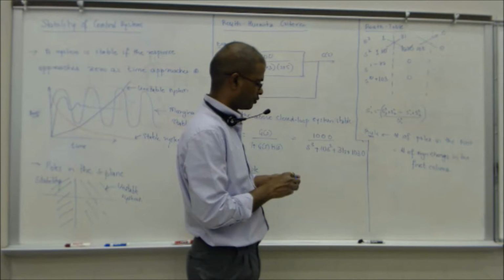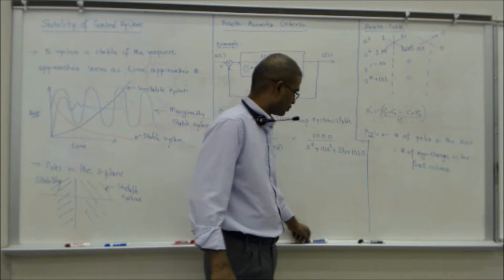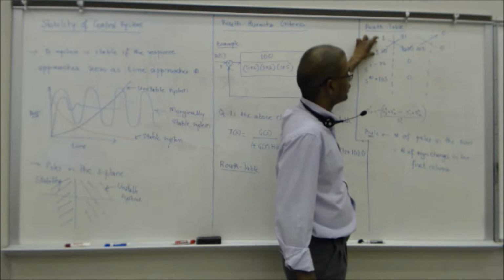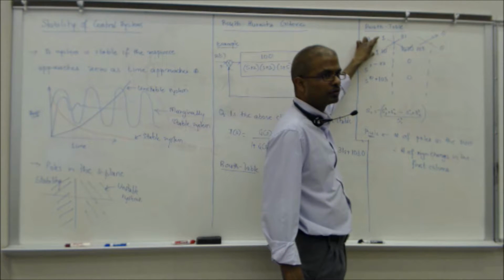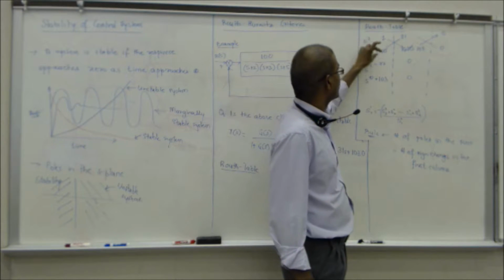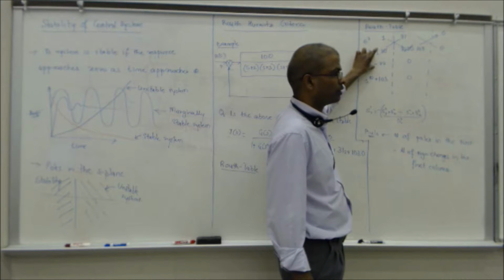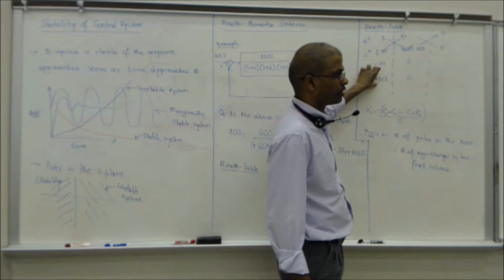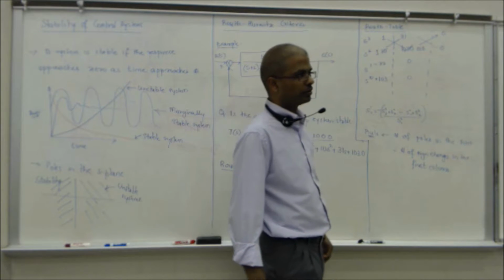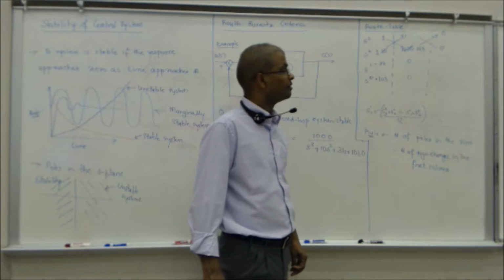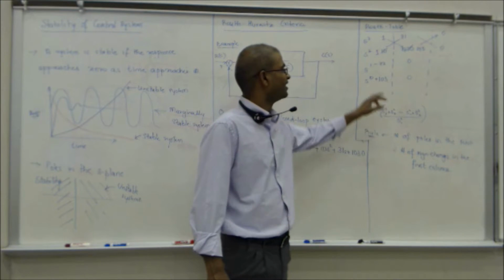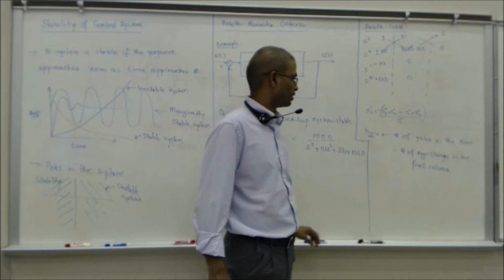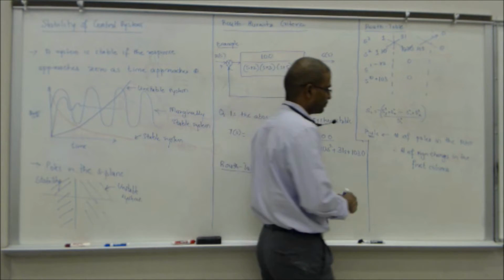Okay, so you look at this. From this element to this element, does the sign change? No, it does not, right? From this element to this element, it changes. From this element to this element, it changes. So how many sign changes are there? 2 sign changes. You just told me 2 sign changes. From this to this, this to this. 2 sign changes. So that means